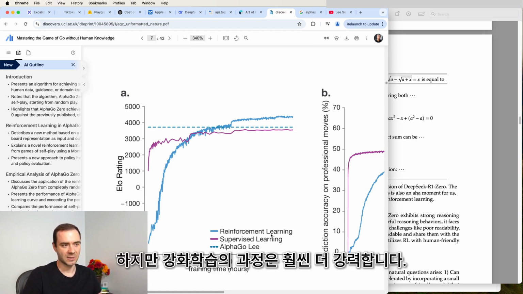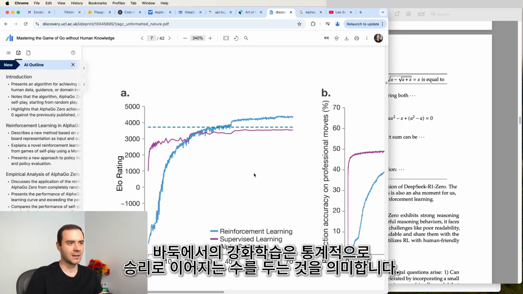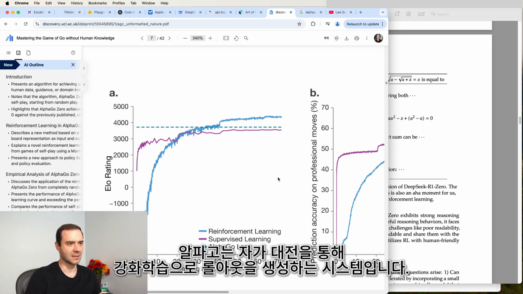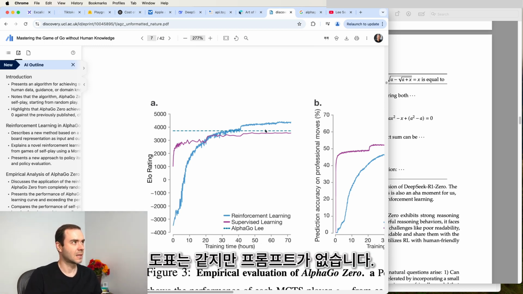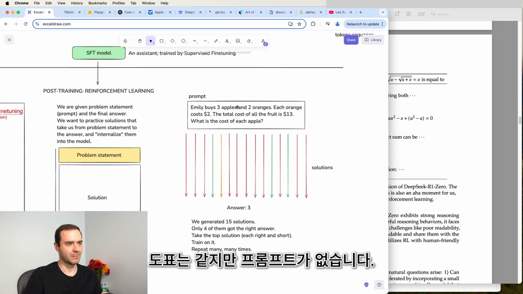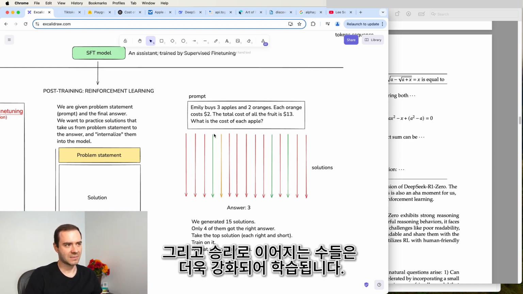But reinforcement learning is significantly more powerful. In reinforcement learning for a game of Go, it means that the system is playing moves that empirically and statistically lead to winning the game. AlphaGo is a system where it plays against itself, and it's using reinforcement learning to create rollouts. So it's the exact same diagram here, but there's no prompt, because it's just a fixed game of Go. But it's trying out lots of solutions, it's trying out lots of plays, and then the games that lead to